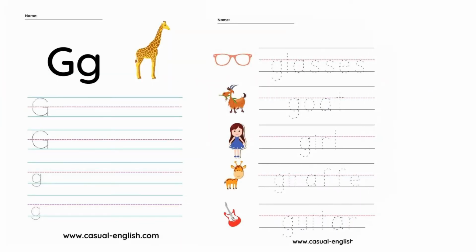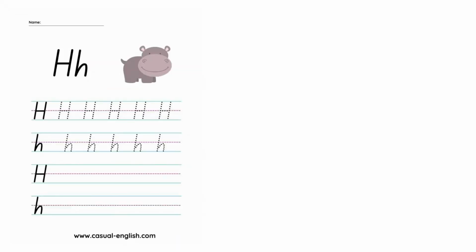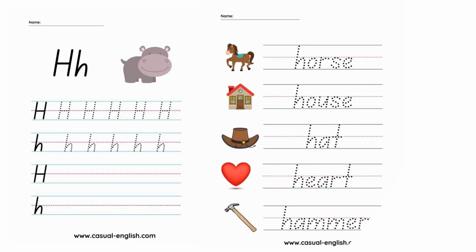G or G, glasses, goat, girl, giraffe, guitar, H, horse, house, hat, heart, hammer,